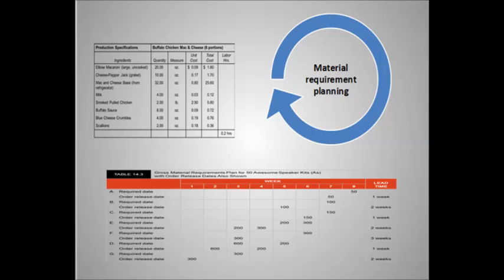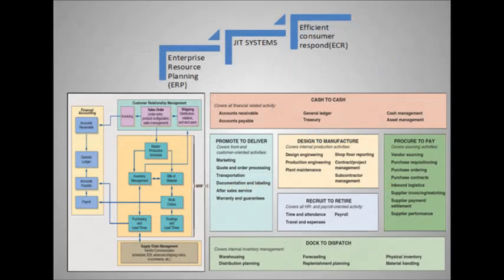MRP was the earliest of the integrated information systems dealing with improvement in production for businesses, with the use of computers and software technology to provide meaningful data to managers. With the advance of such a system, production efficiency could be greatly improved as the analysis of data and the technology to capture it became more sophisticated, and more comprehensive systems were developed to integrate MRP with other aspects of the manufacturing process. ERP, or Enterprise Resource Planning, is a business process management software that allows an organization to use